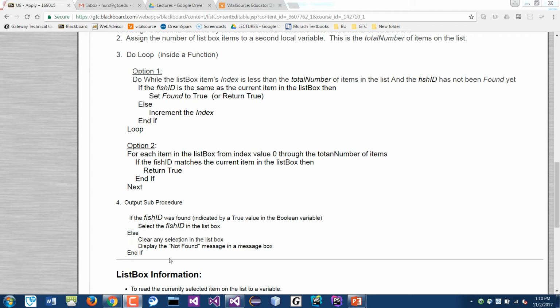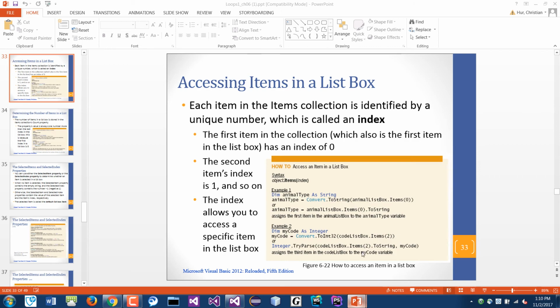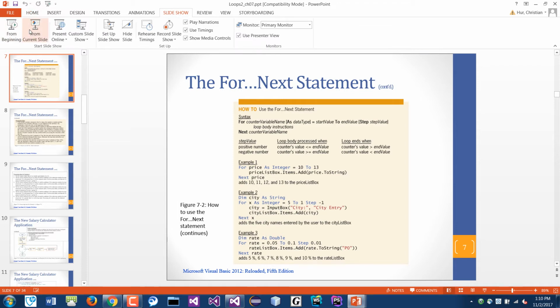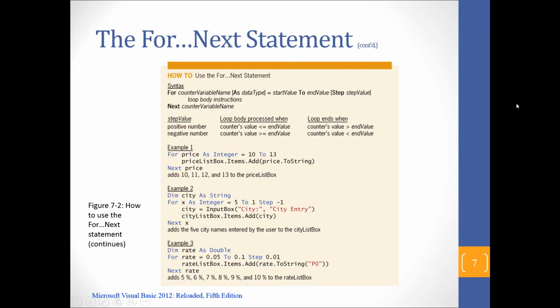Okay, so I'm going to look at this PowerPoint here. It's also in the Blackboard, and I want to just cover the for loop, or the for next loop. Okay, and so for next, the